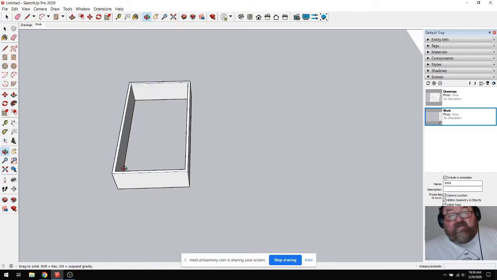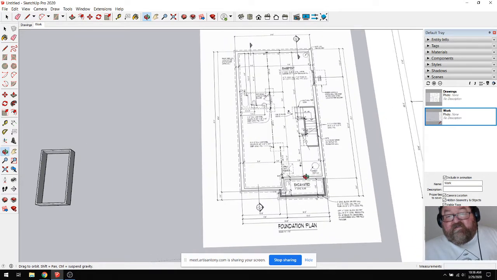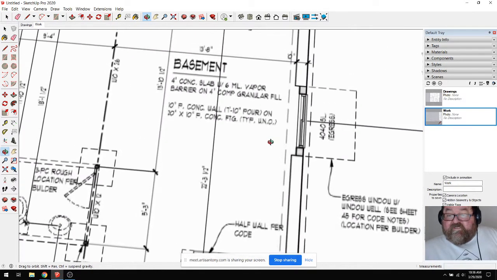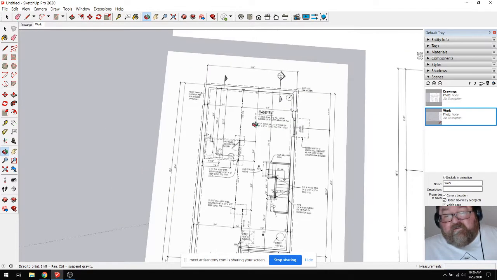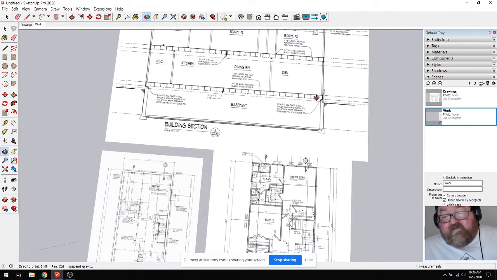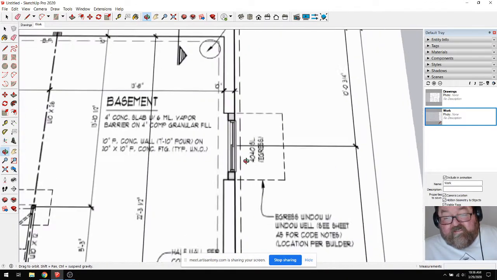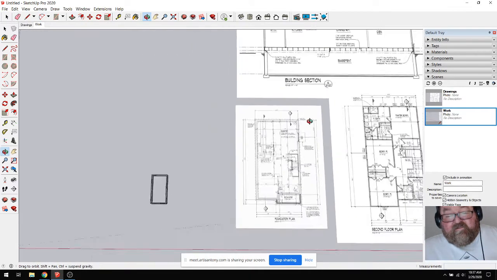Let me go look at the plan for a second and let's decide. Let's do this opening over here. That says 4 feet. What does that say? 4040. Okay, let's see. Do I have a section on that? No, they didn't cut through that. What do you reckon that is? It says egress window with window. Okay, so